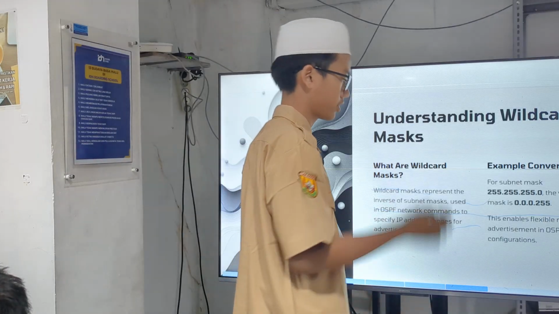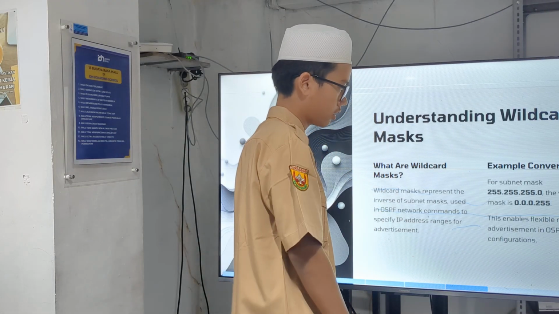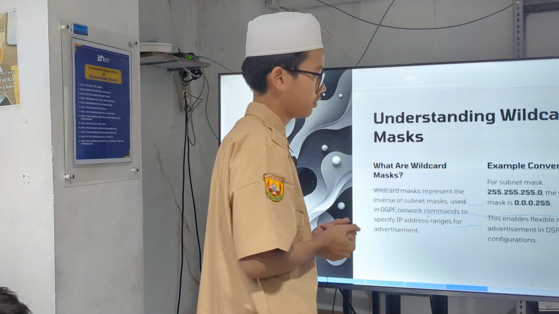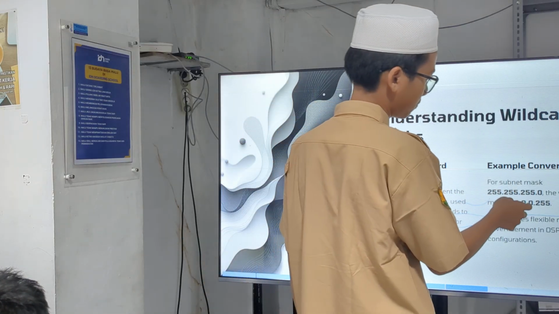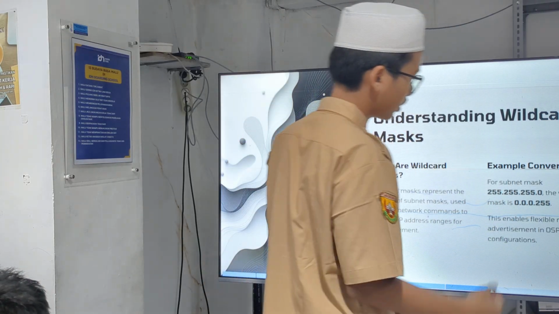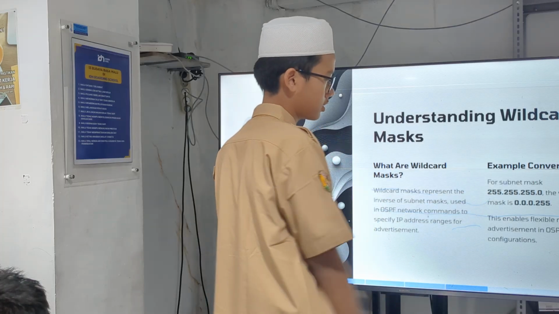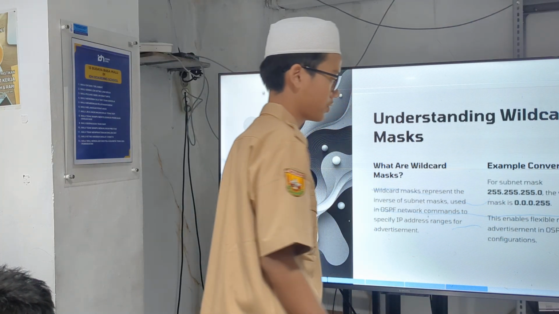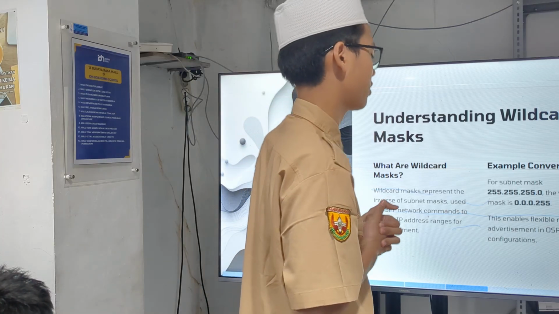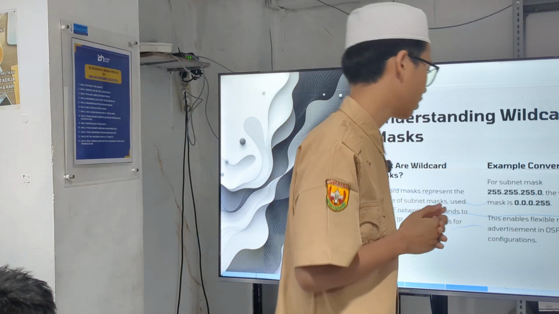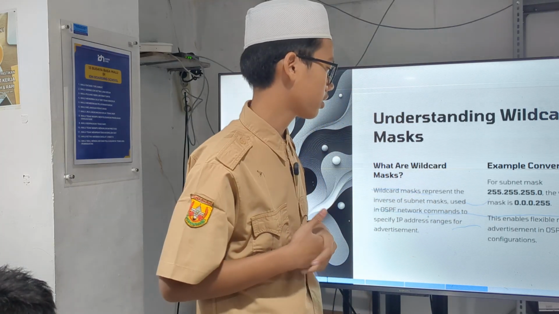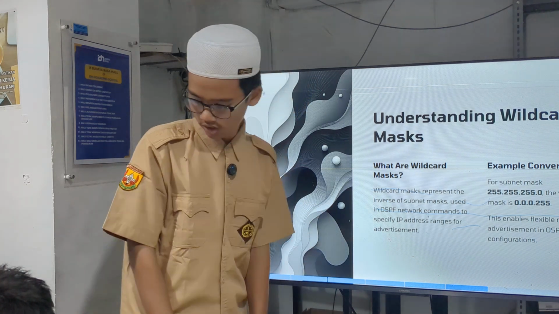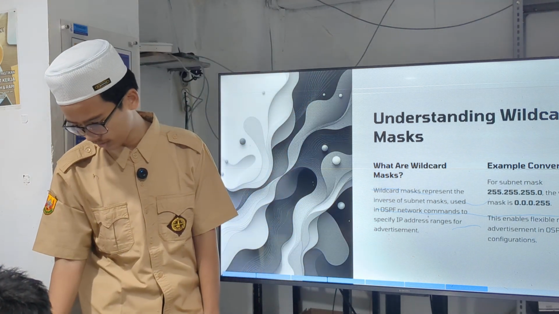For example, conversion: for the subnet mask, we know that /24 is 255.255.255.0, and the wildcard of this is 0.0.0.255. This wildcard mask enables flexible network advertisement in OSPF configuration. So that's the meaning of wildcard mask.